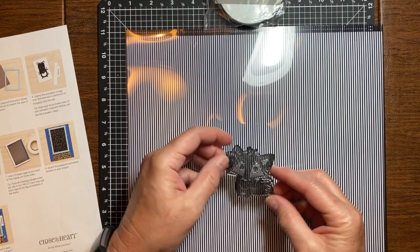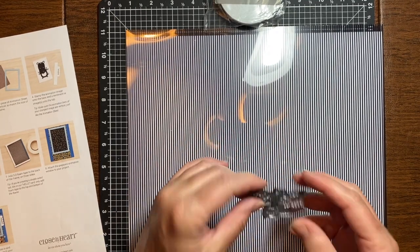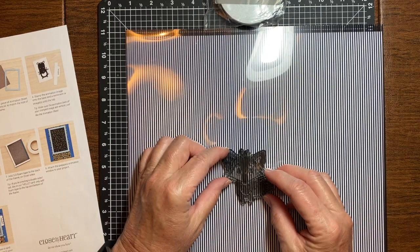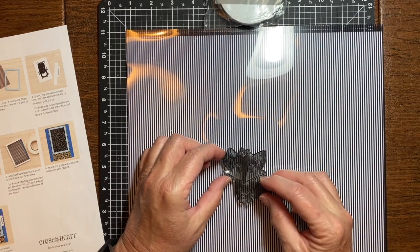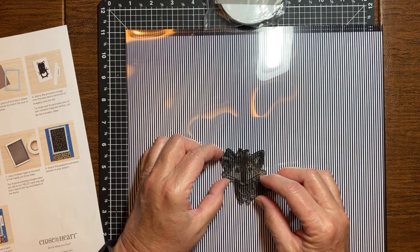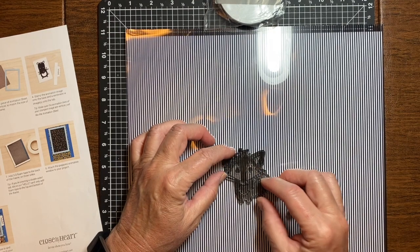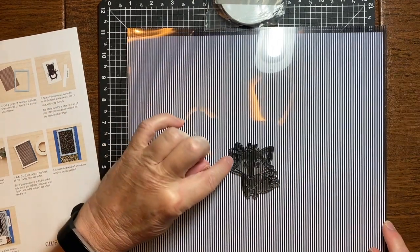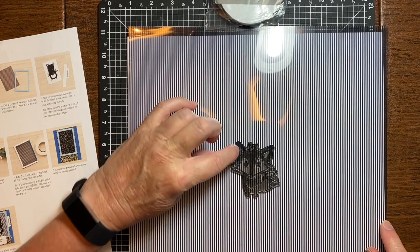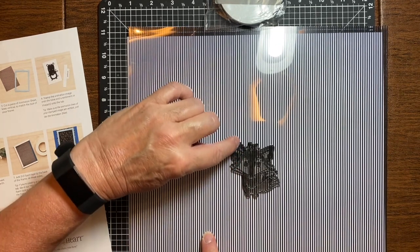So you just want to take your stamp, and this is the part that's going to be stamped. You're going to make believe that you have your block, and you're just going to face it down the way it would be on your block. It will take a little bit of time to line up. Yeah, it will. Basically what we did was we worked on this one side, and we lined up these areas